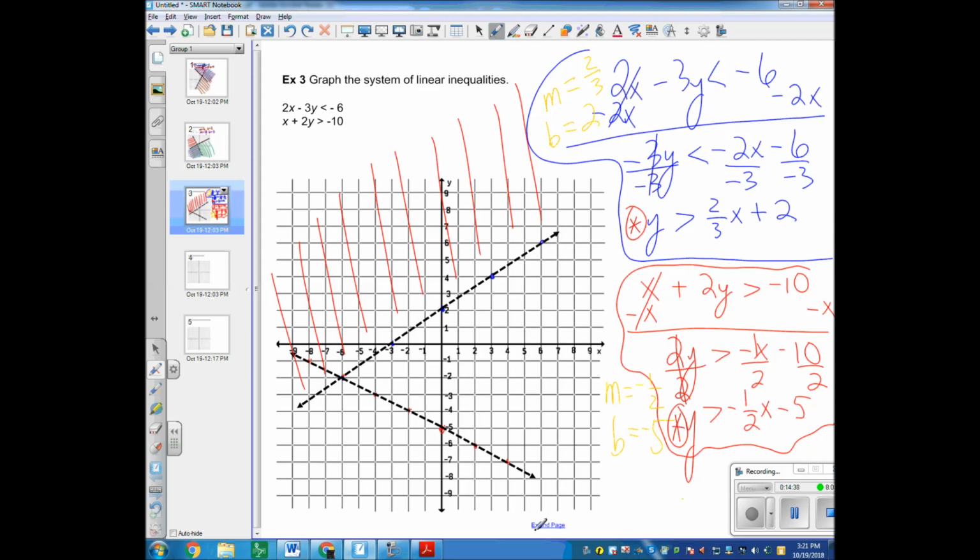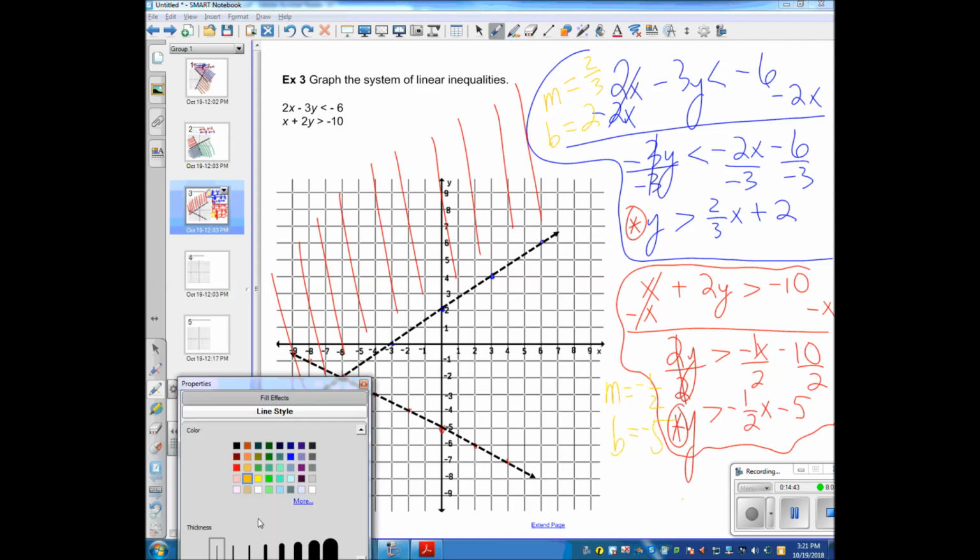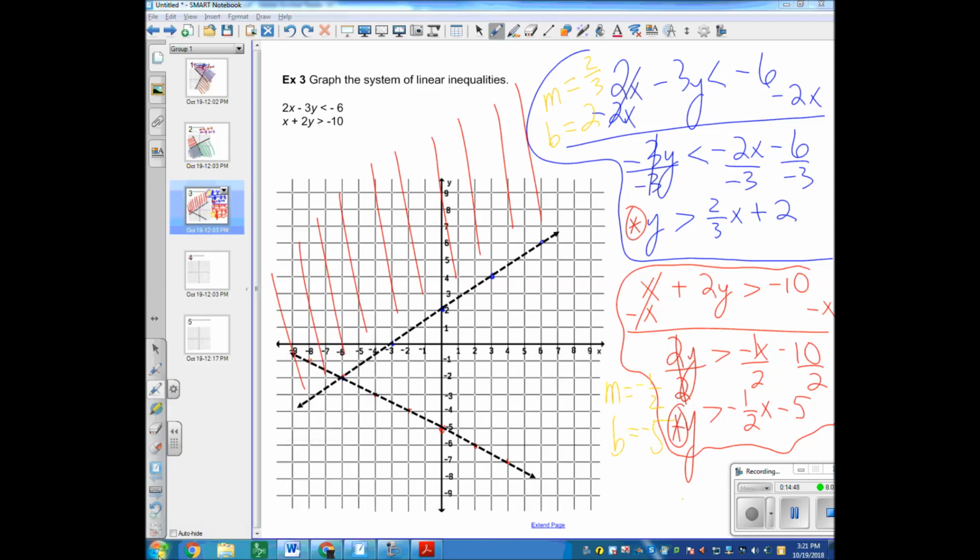And now we can look at the second inequality. Yellow not so good. Let me switch the color. Our second inequality, where y is by itself, too is greater than. That means I want to be above that line. And the second inequality is this line right here. It's hard to say it's the dashed line because both are dashed, so I have to point to it. Where the y-intercept is -5. And we want to be above that line. So above that line,